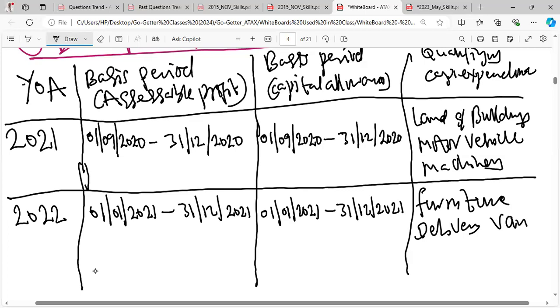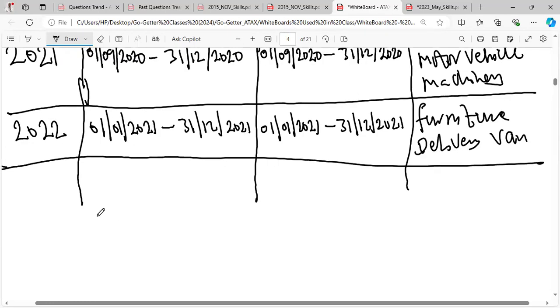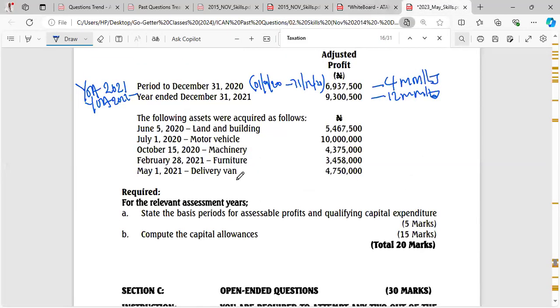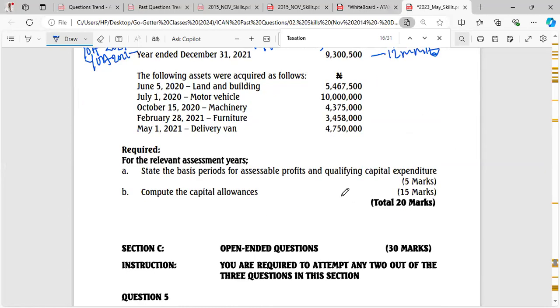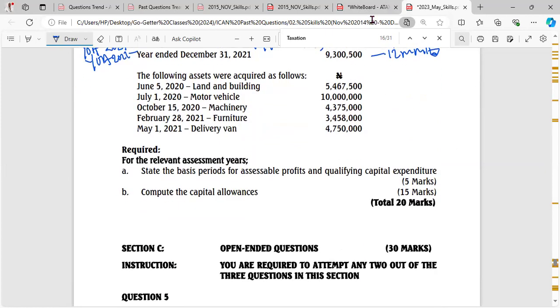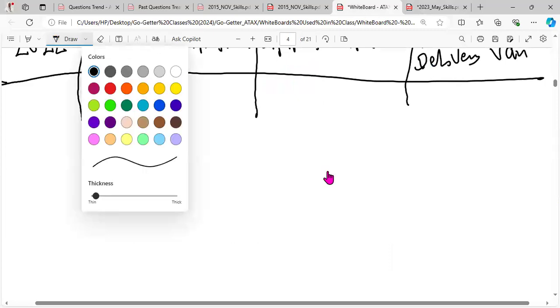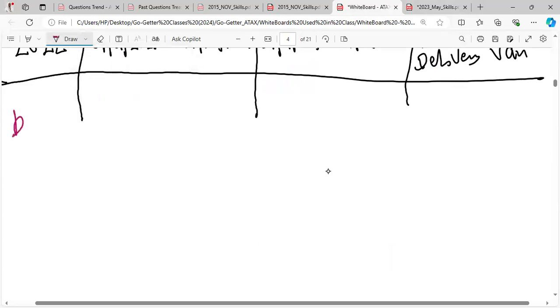So that's it for that question. That question is done and dusted. The next thing in the question here is to compute the capital allowances. So you are not asked to find profits. This is just to compute capital allowances. So you need to just know that. Okay, so the B part of the question here,